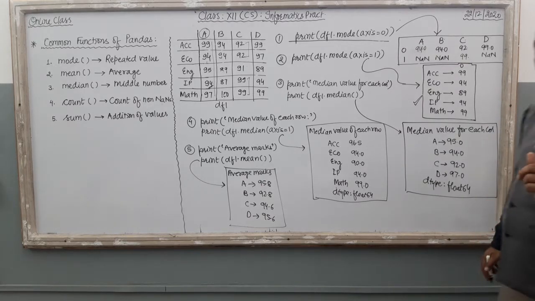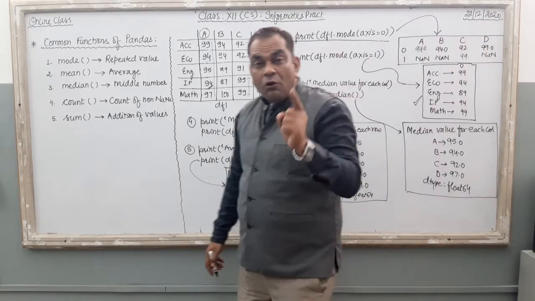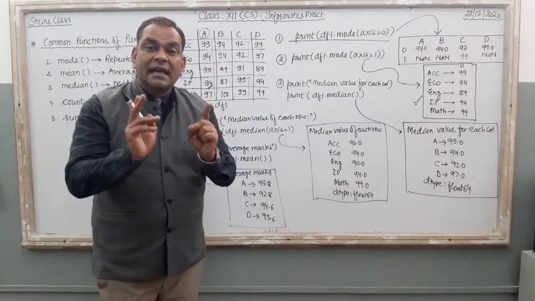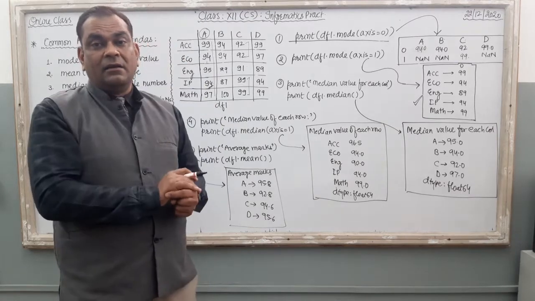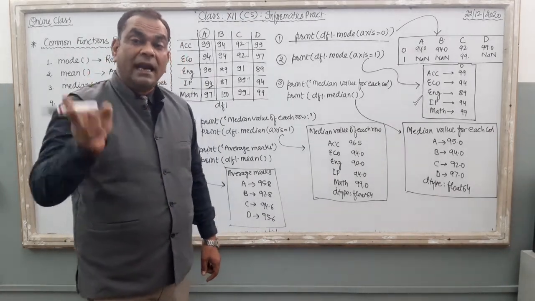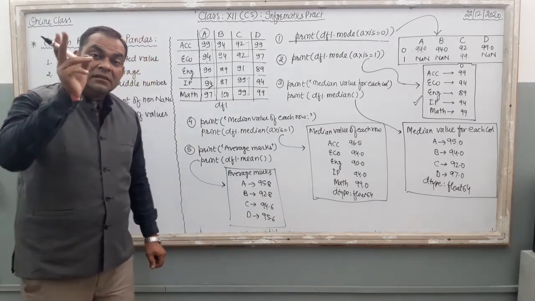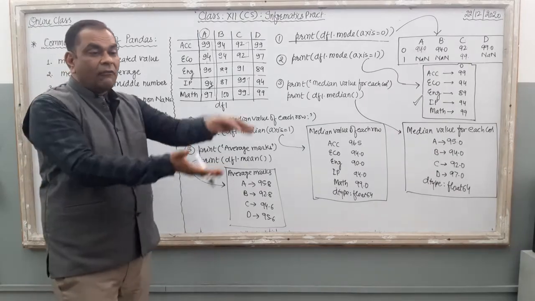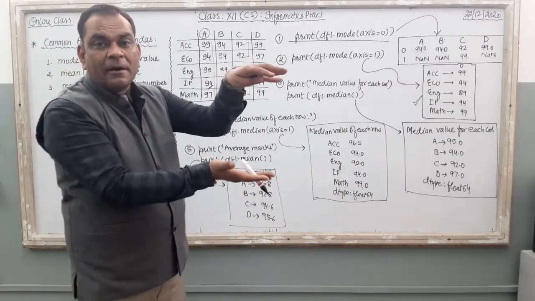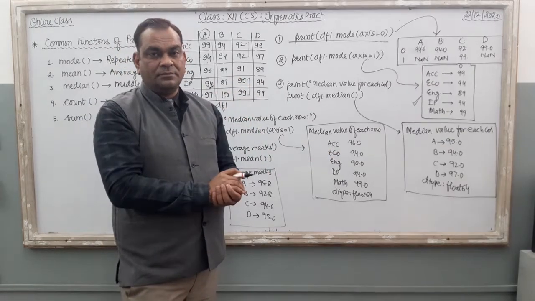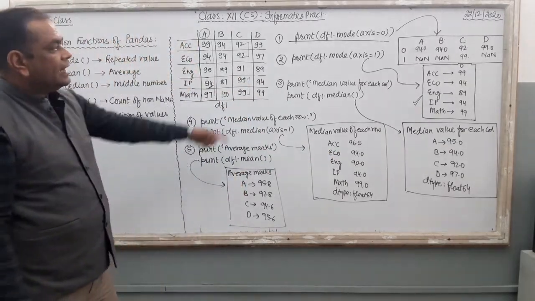Right? I am telling you again, if no repetition is there in the column or in the row, then the computer will generate NaN. Right? NaN stands for not a number, and if NaN is there in any column, then the values in that particular column are converted into float notation. Clear? So here it is mode.